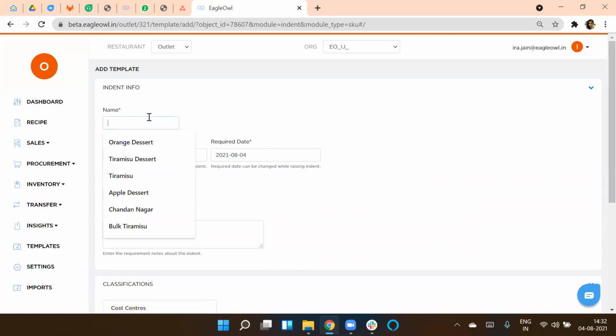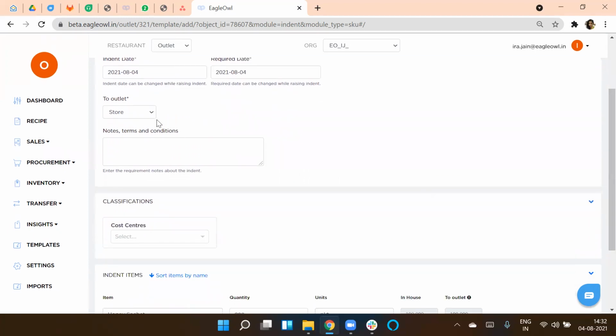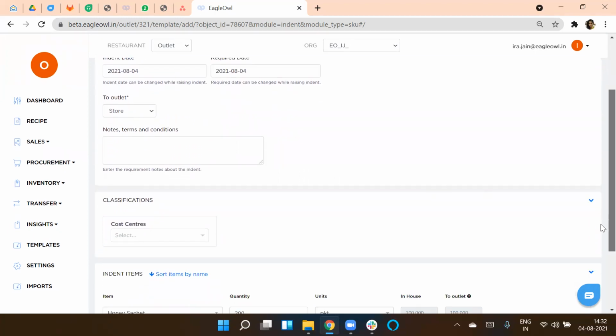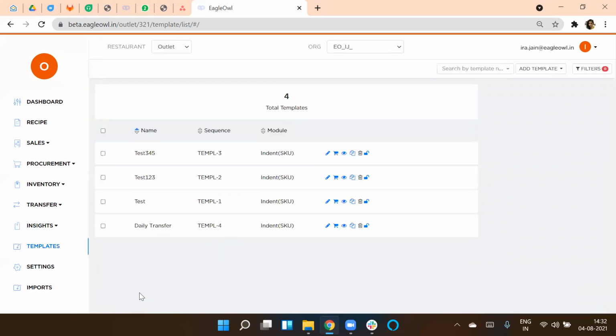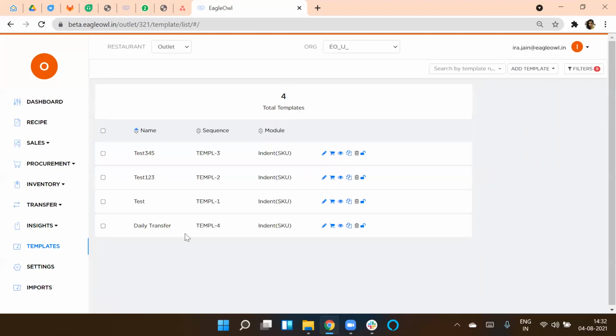Now you can give it another name like daily transfer. The dates will pick up as today's date automatically. To store is fine. And the quantities will be picking up as what you had filled earlier. And you can just save it. As you can see, this particular